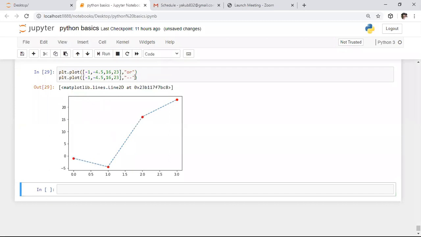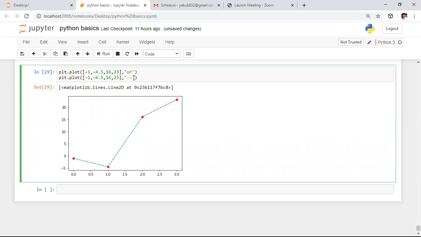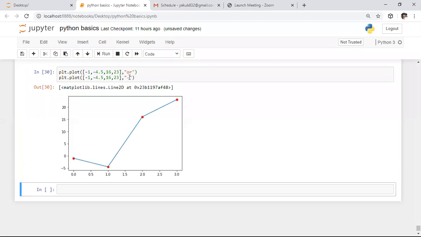Here it is a dashed line. We specified the dashed line, so this way the line will come in the form of a dashed line. If you want the line with the solid line, I'm specifying the hyphen. Whenever you specify the hyphen here, by default this line will come as a solid line. So it is about representing different pixels as well as plotting the graph. Whatever color or line style you want to specify, you can specify. After this, I want to compare the temperatures of the previous week.